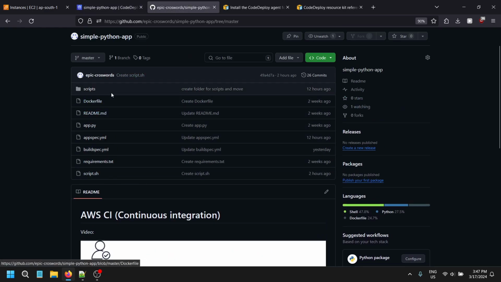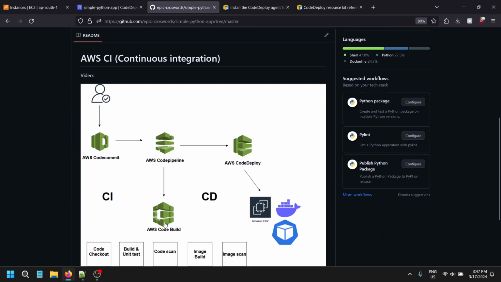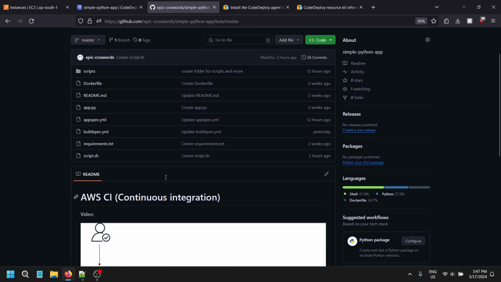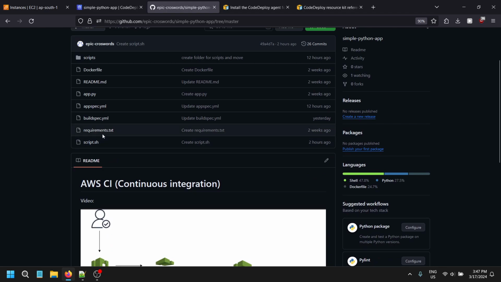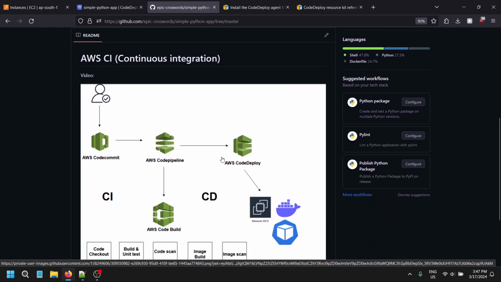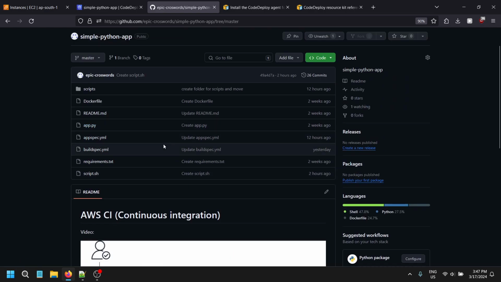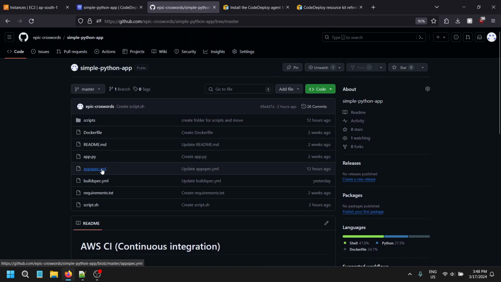I have created one folder which is scripts. Inside the scripts, I have two or three files. Let me show you first. For the buildspec file, please note this. The buildspec file, which is used in the CodeBuild process, is flexible in nature. You can place it in any folder in the repository itself and fetch it from there. But the appspec file compulsorily needs to be in the root folder of the repository because it doesn't provide that much flexibility for CodeDeploy to fetch the appspec file from anywhere in the folder. So basically in the appspec file we have